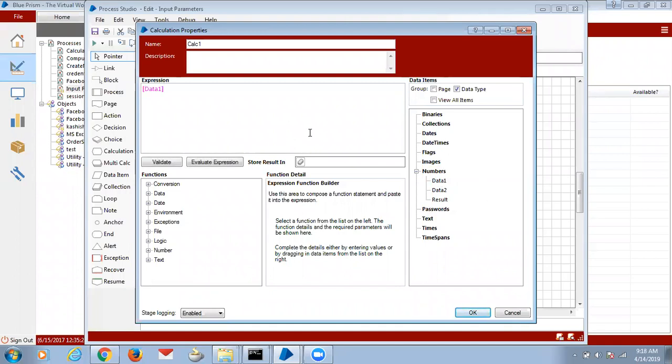So data 1 plus data 2. I need to get these data values dynamically when I'm running the process. So that is the logic I'm implementing now. In real time, we will use these input parameters in many ways, like MI reports. Suppose there is a login agent, one of the functions. While you are running the login agent also, you have to give some inputs.